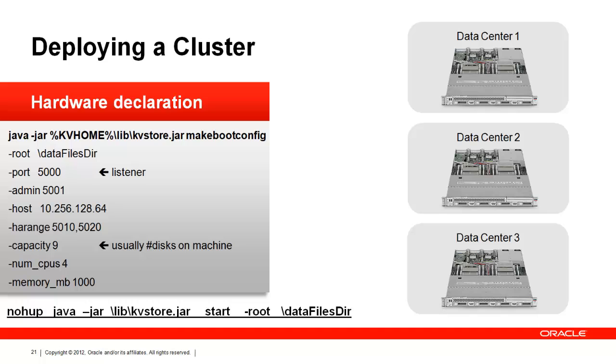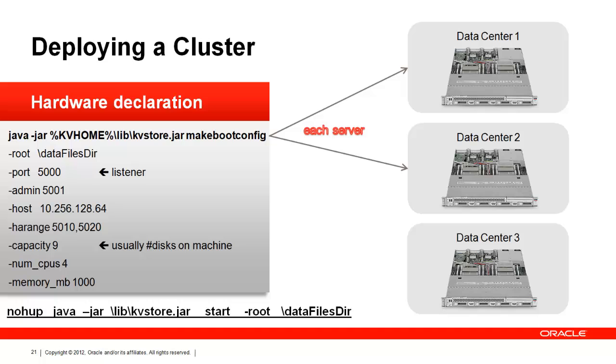So to deploy a cluster, what you need to do is make a boot configuration for each of the server machines that you're going to run your database processes on. For each of those, which we often refer to as storage nodes, you will set up the root directory where you find the binaries and where you store the data files on that server, along with the typical host IP address and the ports that you're going to communicate with clients on, and the ports that the nodes in the database server are going to talk to each other on in order to replicate